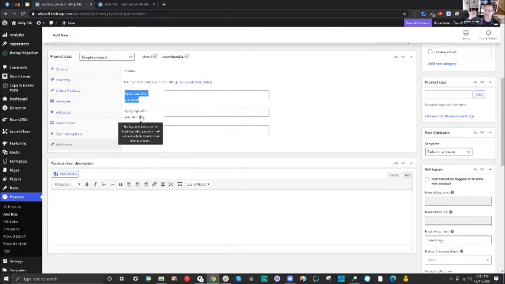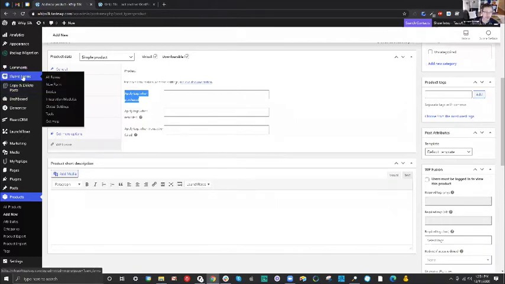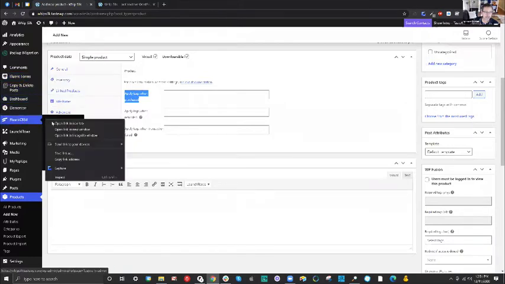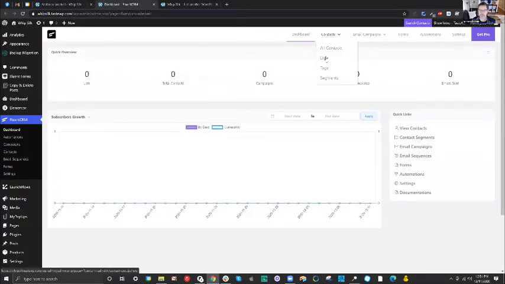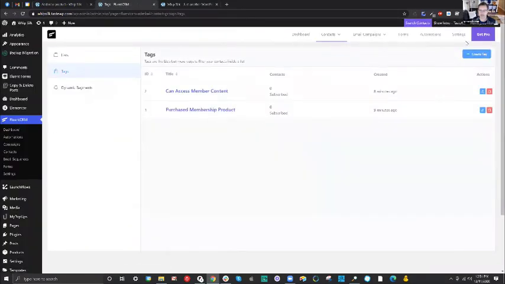If I'm adding them to the CRM, I can automatically give them a tag at the point they're added to the CRM. This is usually where I would do it if I wanted to know they specifically bought a specific product. In this case, the registration product. So what I would probably do is let's go ahead and make one more tag for the two that we previously made. Let's make one more tag under tags that says,